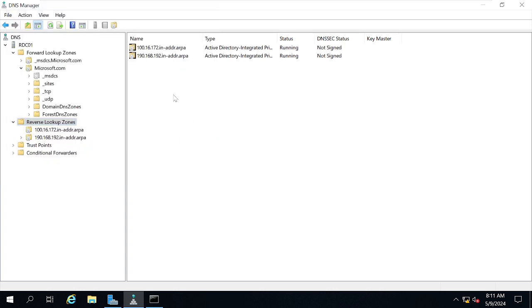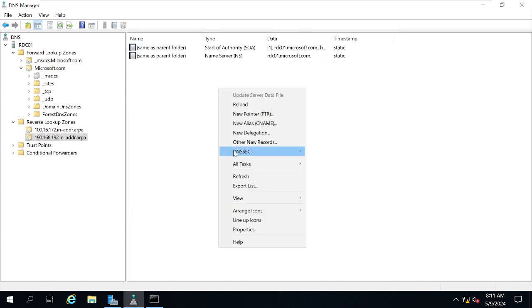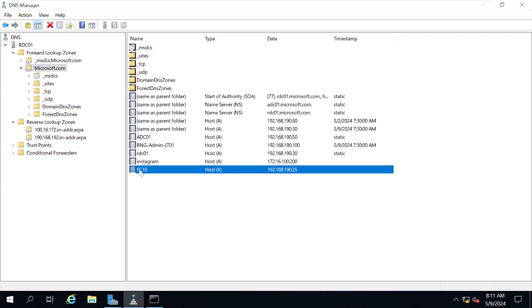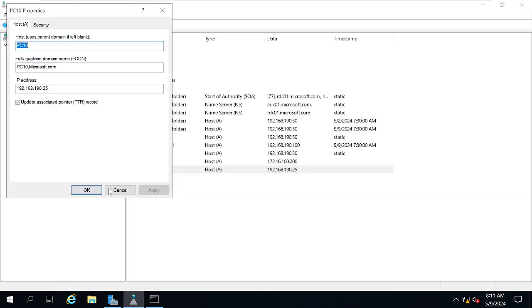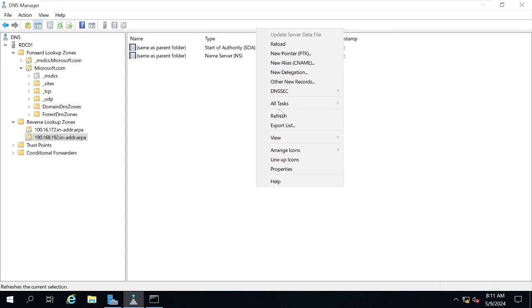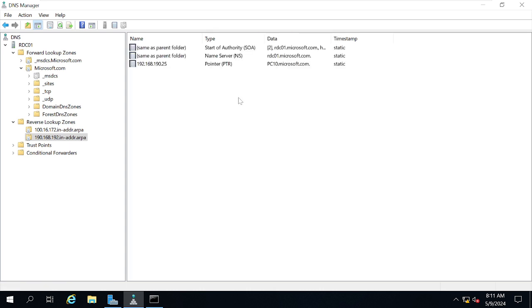Now I have the zone created. Now you can just refresh this. You will have an entry. I'll go again to Microsoft.com, PC10, go to properties, refresh and apply OK, so that it will come fast. See, now the entry came.